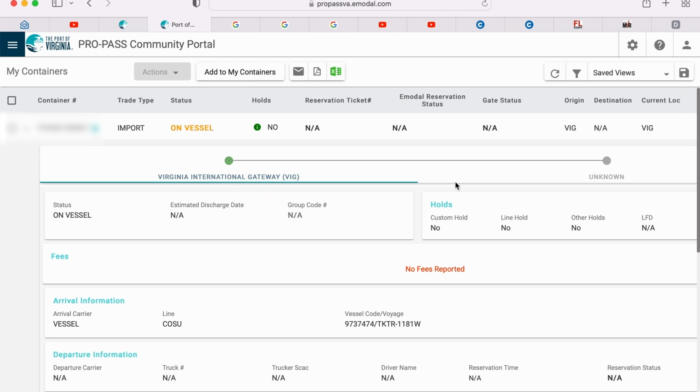So there's a lot of good information on this page right here, where if you're doing the back end as far as tracking the containers and stuff like that, this page right here provides a lot of valuable information that you'll be needing. So that's how you